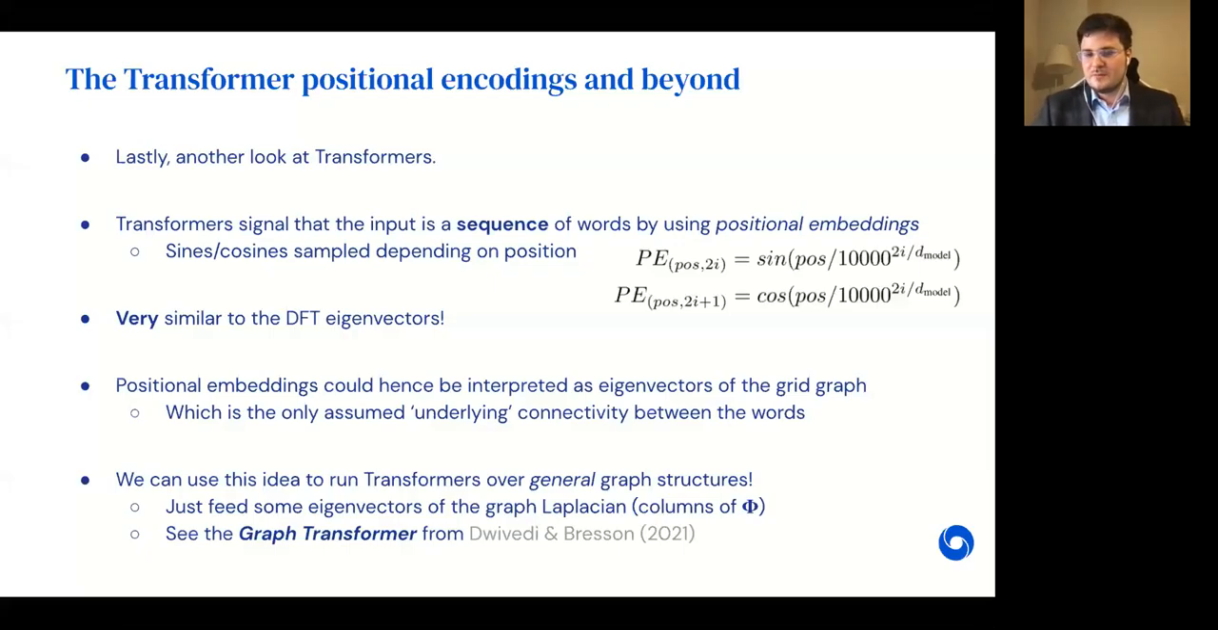If you've read the transformer paper, you'd know that these positional encodings in each of the nodes is given by these complex series of sines and cosines that are related to the position. And sines and cosines are very related to the eigenvectors of the discrete Fourier transform. So one could actually interpret these positional embeddings as eigenvectors of the grid graph. And that was the connectivity between the words that we initially assumed, like this cyclical grid graph of time series